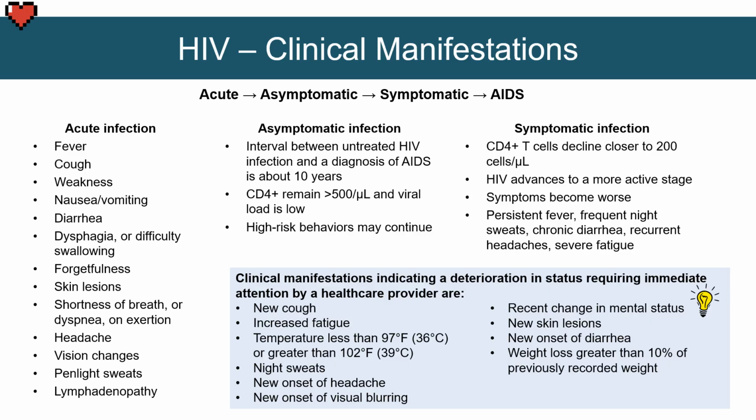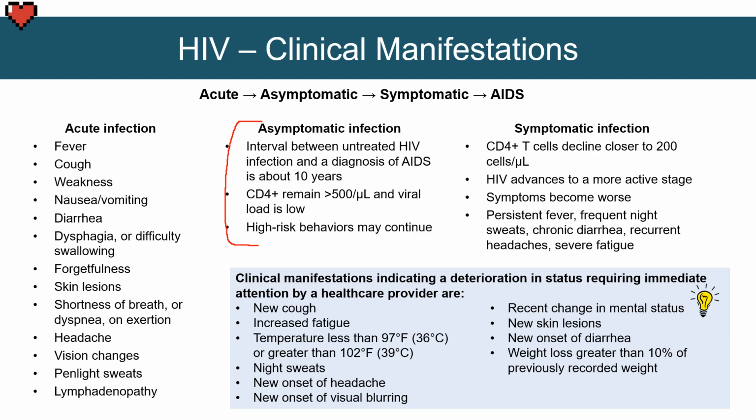If a patient presents to the doctor's office with some of these, they may be overlooked, especially if it's flu season. The doctor may just discount it as some other type of viral respiratory infection. But that's where a good history comes in, to see if the patient has risk factors that may warrant an HIV test. Then we're going to have that long period of asymptomatic infection, where it can be